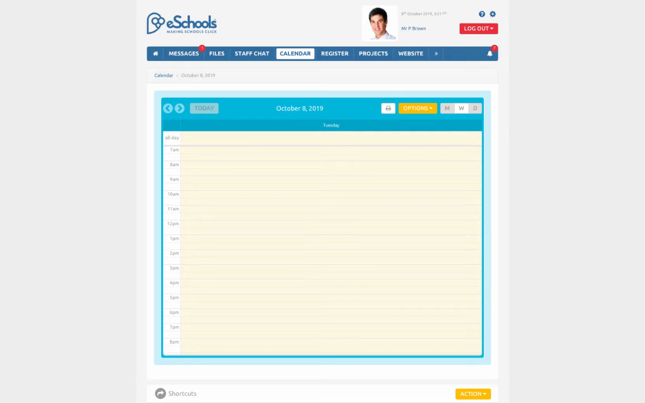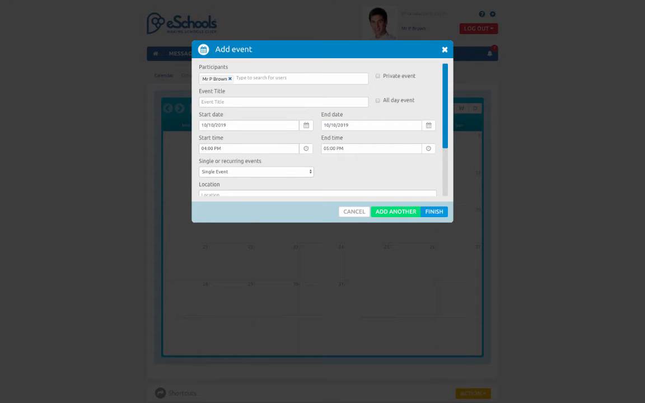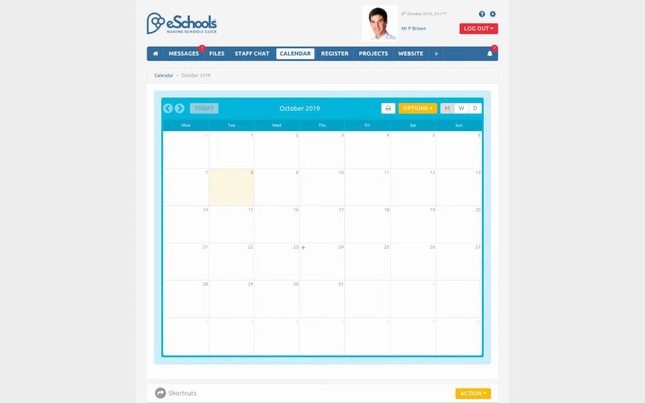So if we set this to be monthly, and we put in the name of a class just up here, let's say it's Maple class. Select Maple. It doesn't have to be a class, it could be your group as well. Put your title in, start date, end date, start time, end time, all of that sort of thing just in there. Once you've clicked on finish, it adds that particular event to your calendar,